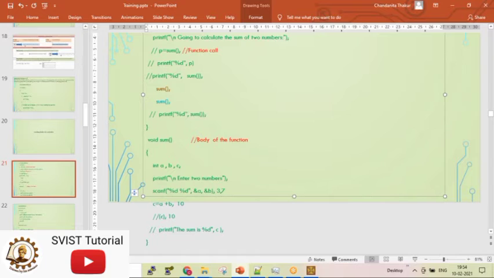Don't even see this also. This means we are just giving a comment line, we are deactivating the code, the compiler will not go through it. Now we are just writing printf of C. So what will happen, 10 will be printed.